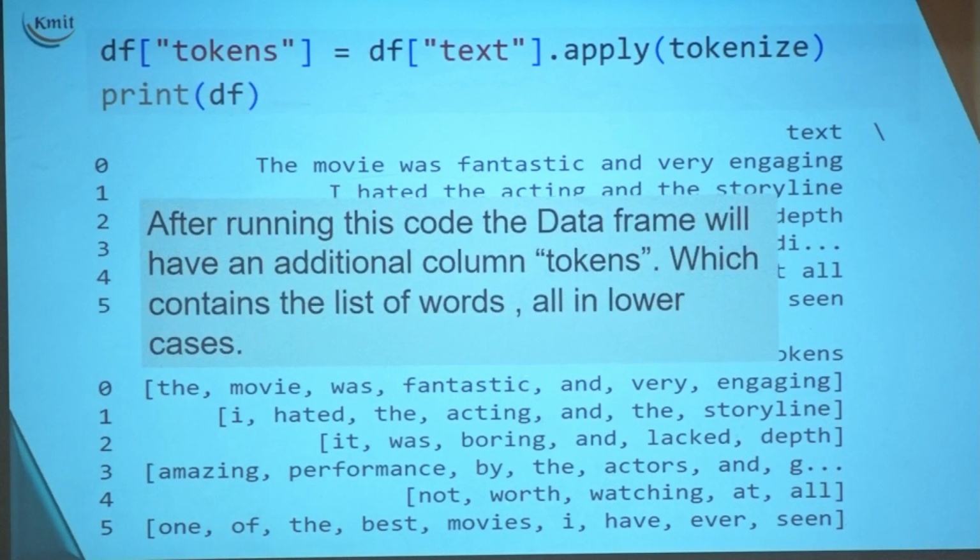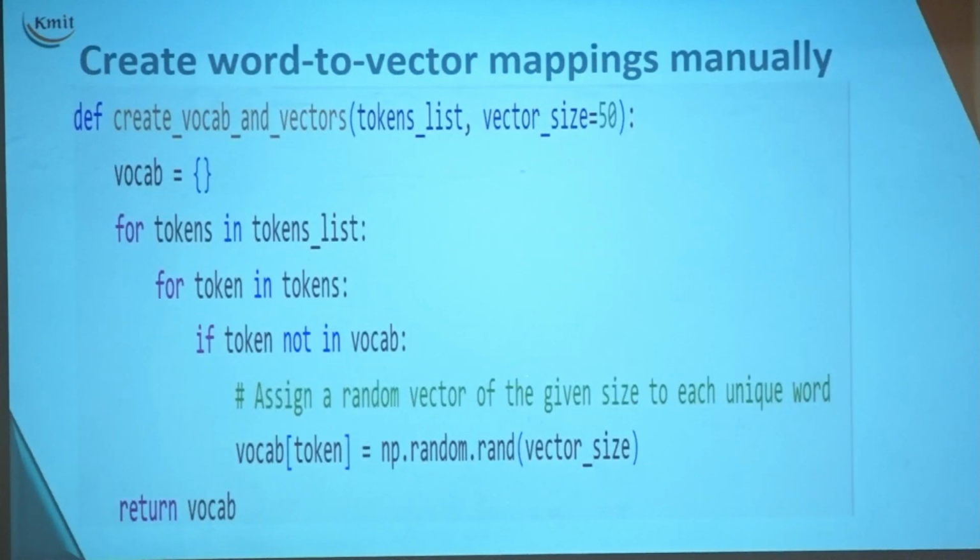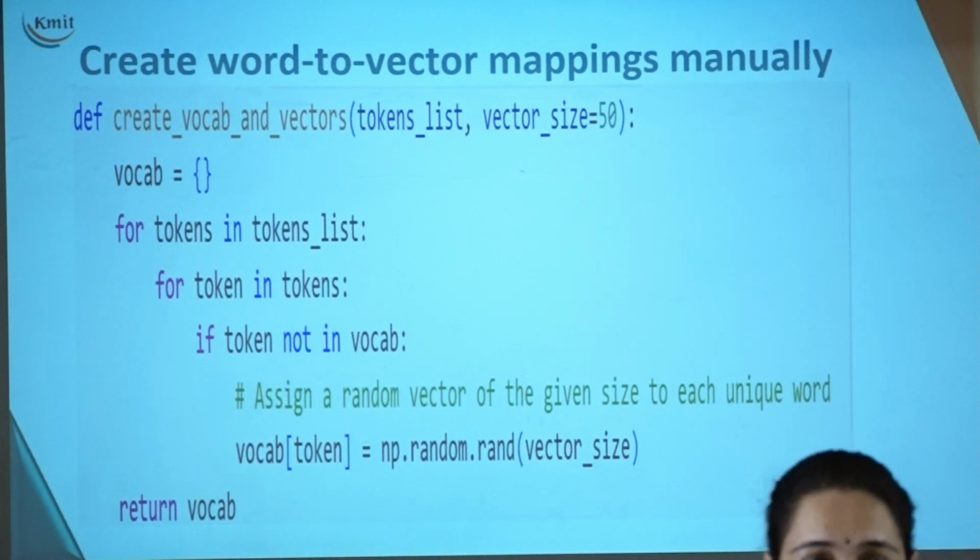Okay. Now, what is my next strategy? To build a function which would create those word embeddings. Then we will see how we apply that function. We applied tokenizing on our data frame. Now we will create a word embeddings method and try to apply it. What is the name of the function that I have created here? It is create vocab and vectors. Chosen very carefully. Out of those tokens that are available to us,